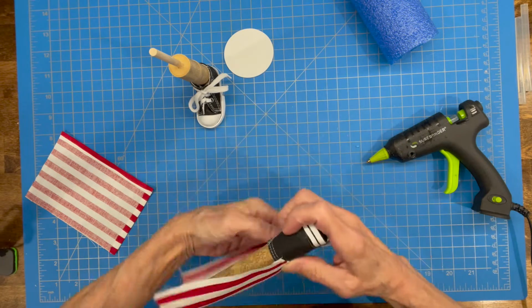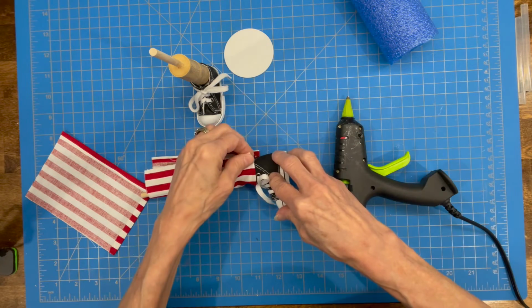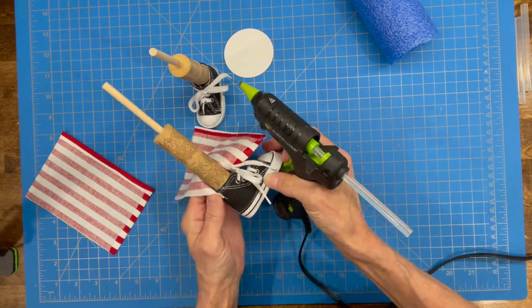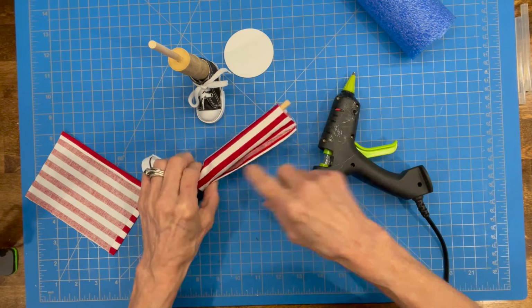All right, then we're going to lay that shoe right onto that fabric with our seam in the back, and we are going to glue that pant leg right to that shoe with that seam in the back. We're just going to glue around and glue it down. And then we're going to come right up the back of the leg and glue the